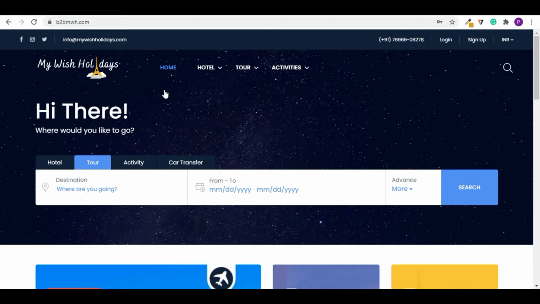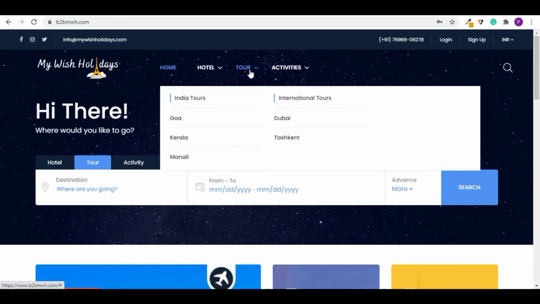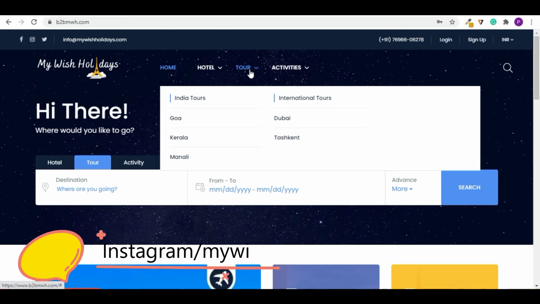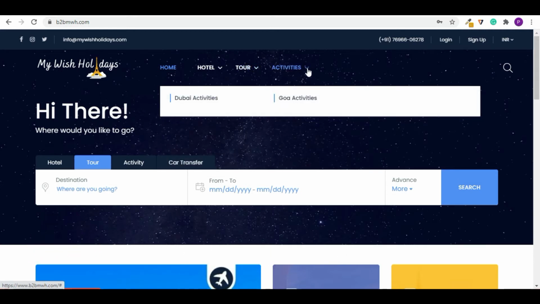After that you can give the logo, and you can also change the size of the logo. You can give a home button. You can also show the mega menu. You can show whatever hot selling hotels you have in the mega menu. Same with the hot selling tours and holiday packages which you are selling in the market; you can showcase them in the mega menu. Tour activities we haven't uploaded yet because this website is just beginning, so we haven't uploaded them yet.